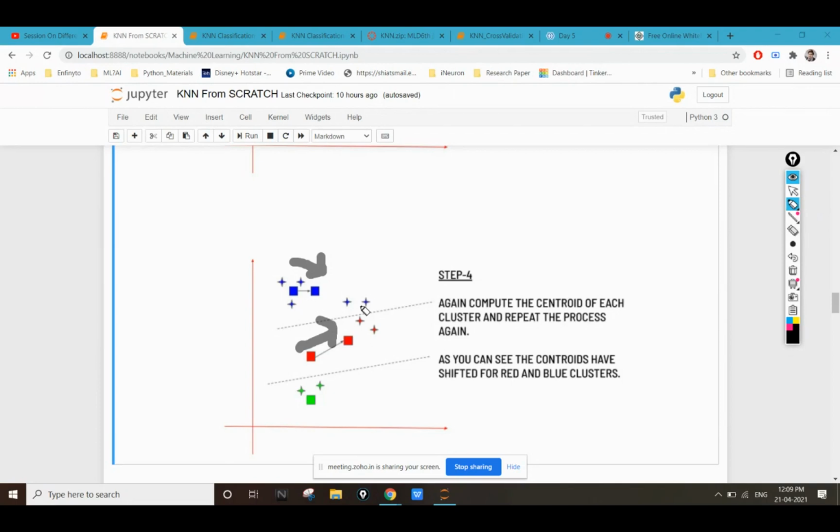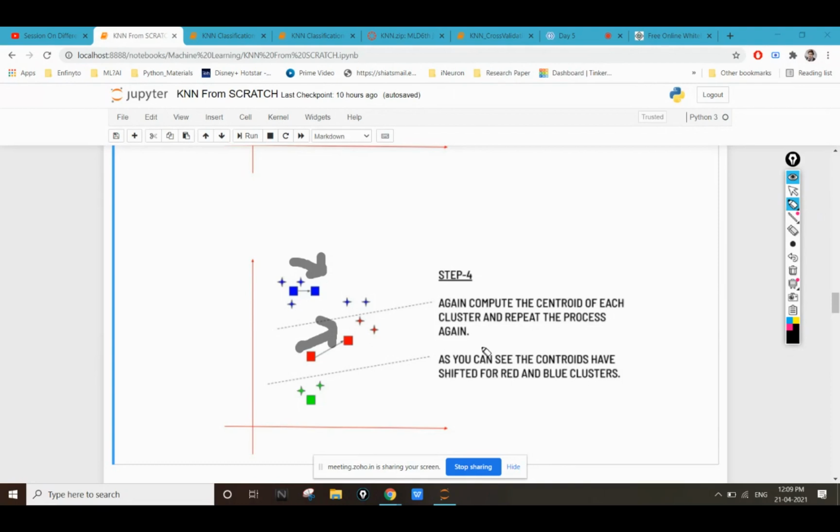Now, once you have updated your centroids, you have to repeat step number 3, in which with the help of the centroids, you again classify all the points, checking which centroid each remaining point is nearest to.